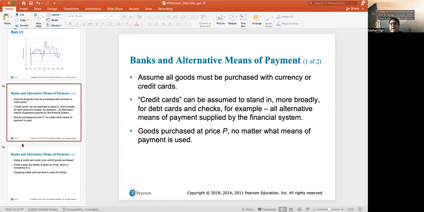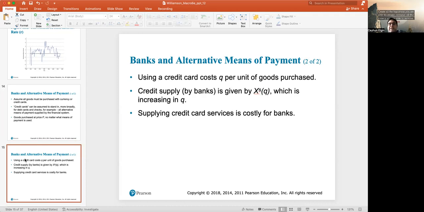And goods purchased at price P, no matter what means of payment is used. Now, what we see is that in order to use a credit card for a purchase, not cash, but credit card, there is a cost that you need to bear, which is denoted by Q. And the credit supply, which is supplied by banks, is given by this function of Q,